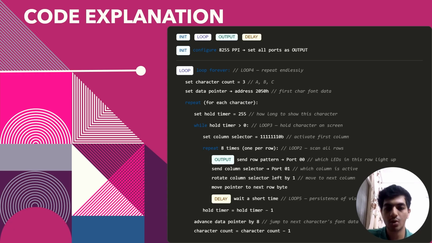So this goes through all 8 rows of the LED matrix module for the character one by one. And then the output part, basically for each row it sends the row pattern of which LEDs to turn on to port 00 and the active column to port 01. The column selector is a single 0 bit that rotates through all 8 positions,